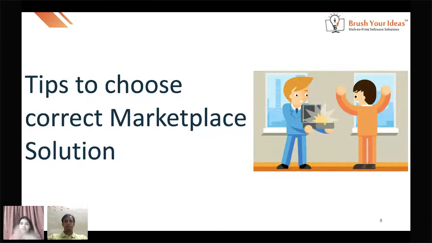I'm just pointing out a few. You can note it down if you want. Your solution should be completely adaptive. It should be completely qualitative, I would say. When I say qualitative, everybody here knows what I mean by qualitative. Your marketplace should not be just another marketplace in the competition, which is not really helpful for the end users, for the customers to get the right product.